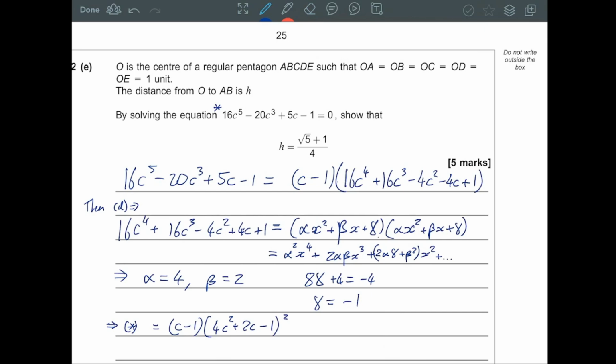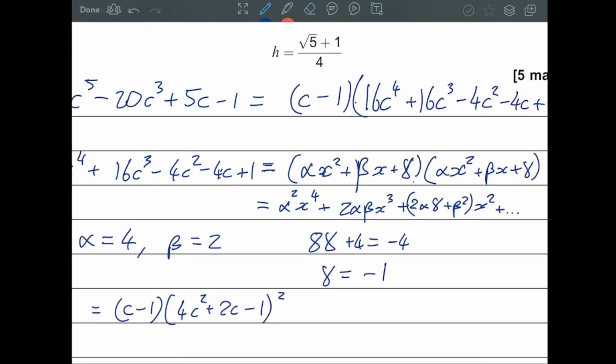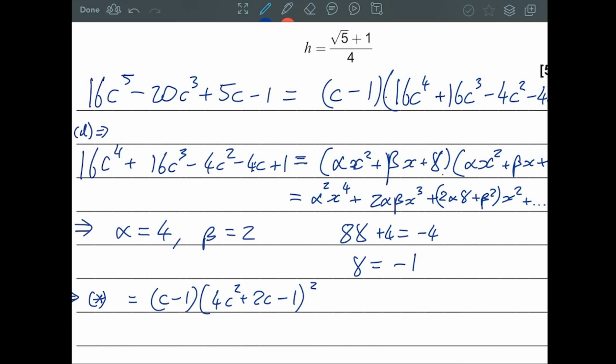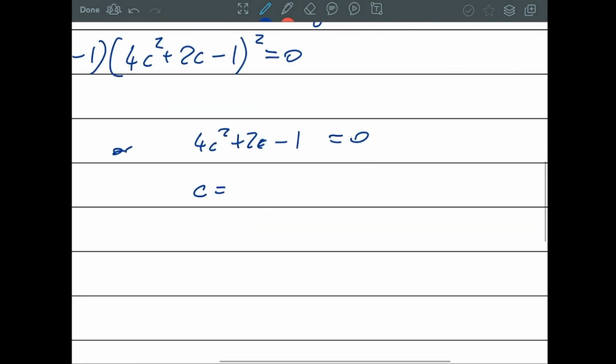And if I do check, I made a sign error here. I was suddenly worried because if I expand out that quadratic-y thing, I'm getting a minus 2c, which should be giving the minus 4c as I wanted. Okay, so this is still equal to 0. So let's now solve. That means that c equals 1 or 4c squared plus 2c minus 1 equals 0. So c equals, quadratic formula time,